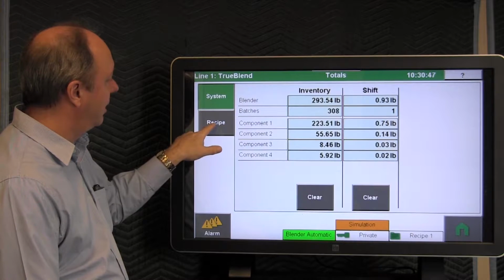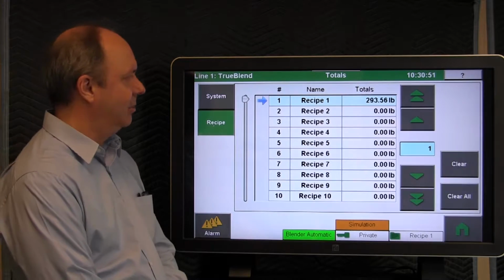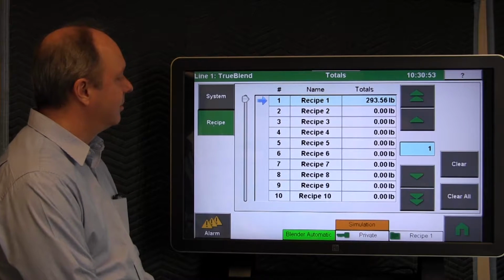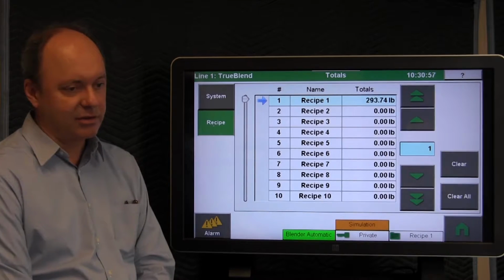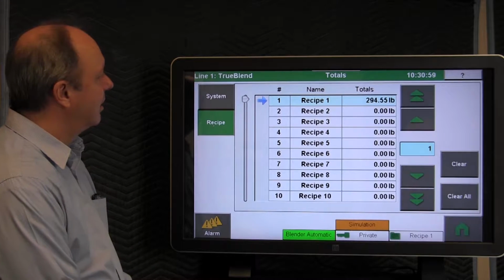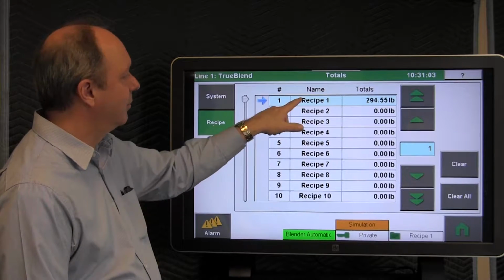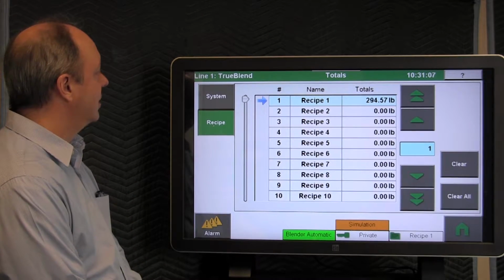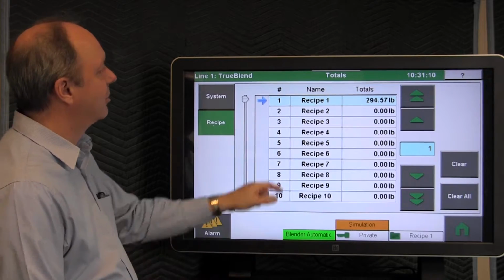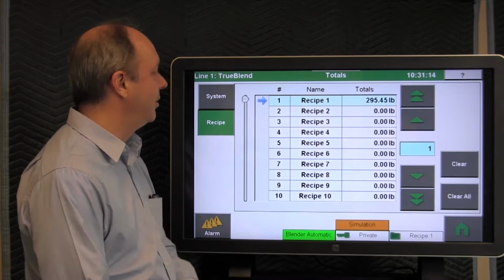We also have the ability to keep track of recipe names. The system has the capability of storing thousands of recipes, and you can actually name them differently. The default names are recipe 1 and recipe 2, and in this particular screen we're showing the total value for recipe number 1. We've been running recipe number 1, and this is the total value for that,